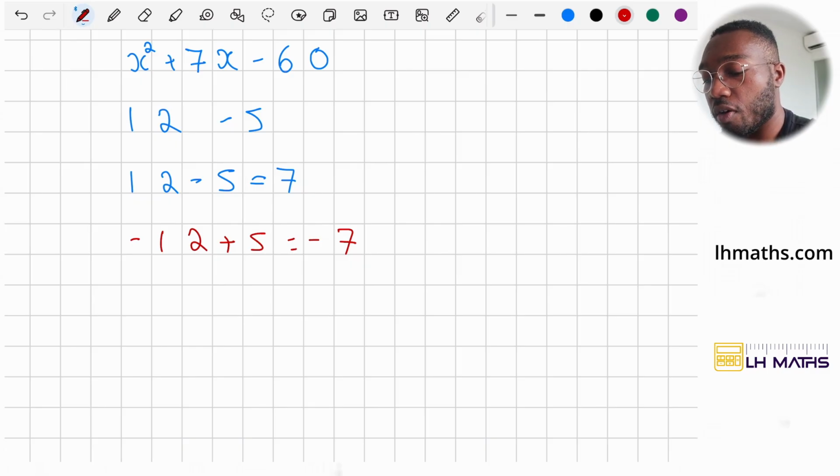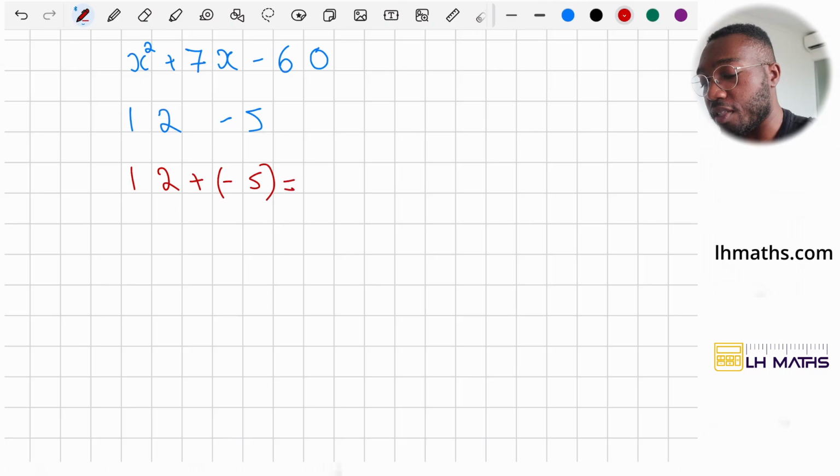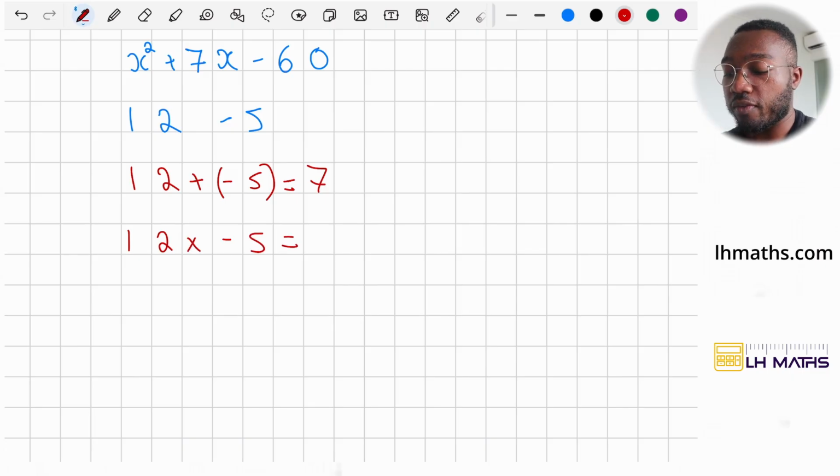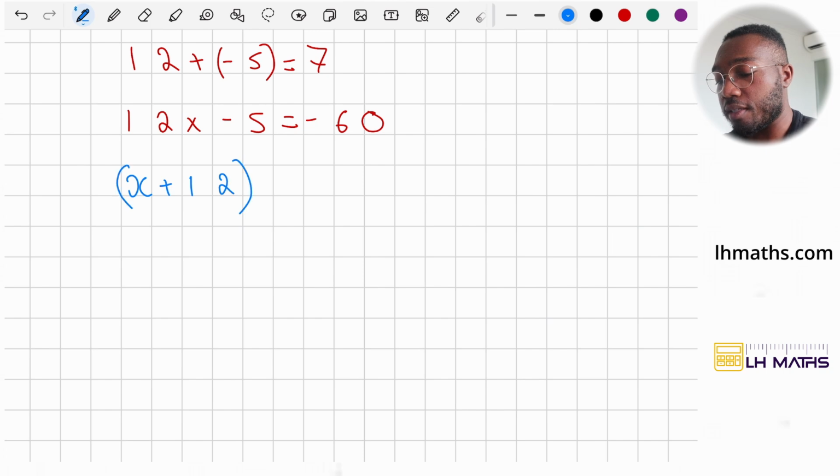So it's 12 and minus 5, because 12 plus a negative 5 will give us a positive 7, and 12 times minus 5 will also give us a minus 60. So therefore, we've worked it out, and now we can put that in. So it would be x plus 12, x